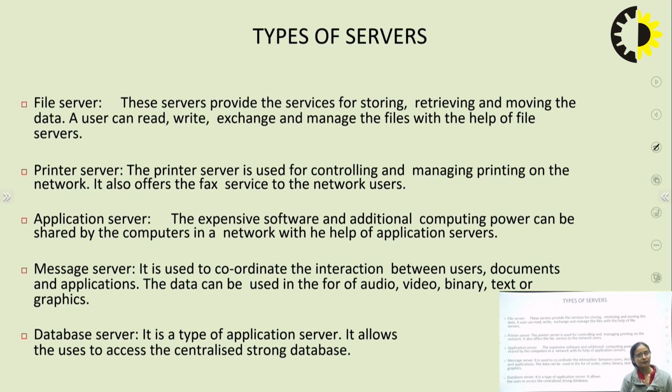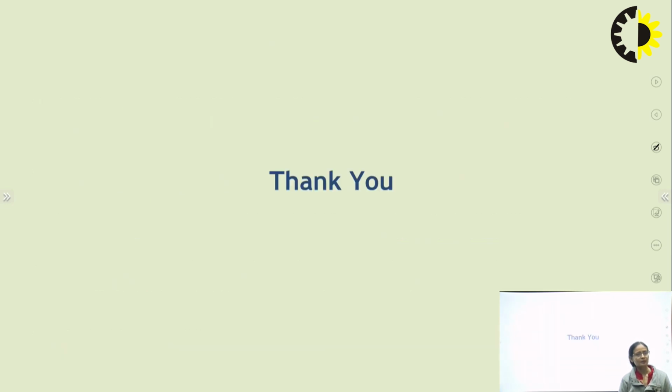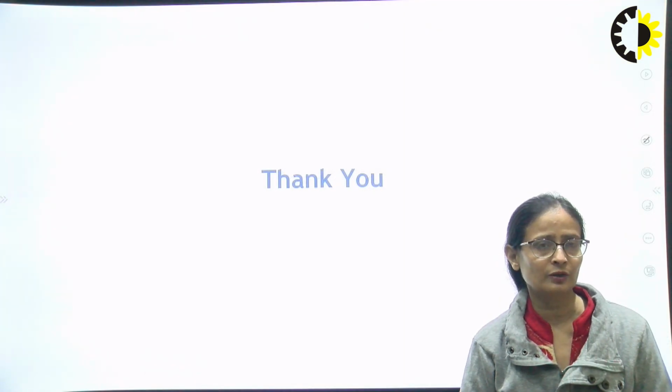In the case of the application server, application-related software and additional computing power can be shared by the computers in a network. In the case of the message server, it is used to coordinate the interaction between users, and we could share documents and applications over there. Database server is a type of application server, but it allows the users to access the centralized, shared database. This is all about the different categories which we have discussed so far